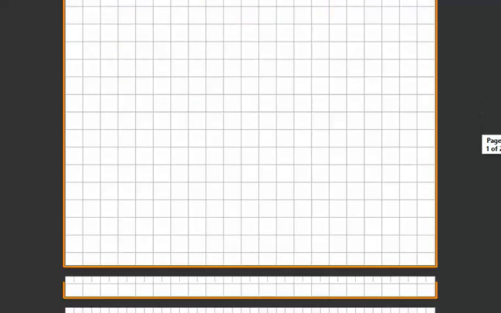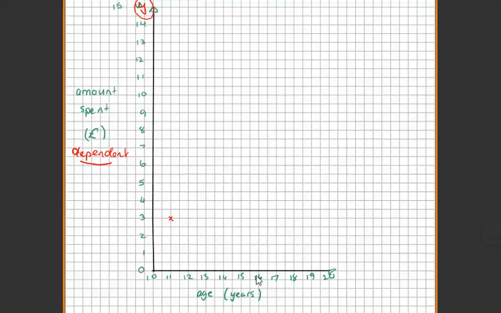£3.50. You're right. The 16-year-old spent £3.50, so I put a mark there. You're going to go through and plot all your points. So we have our points plotted. You manage that? Okay. Now, one thing to notice